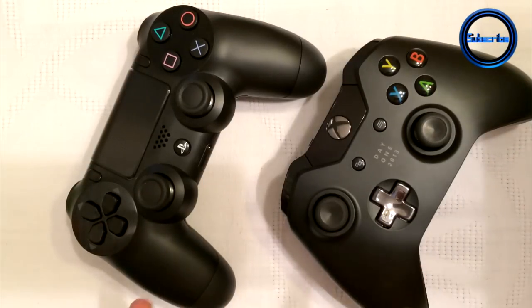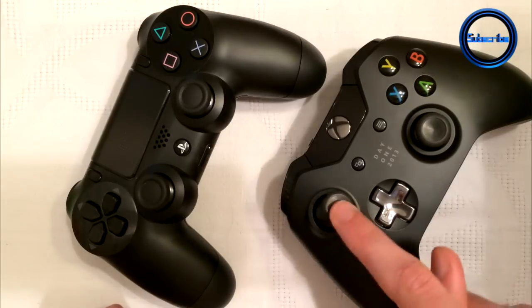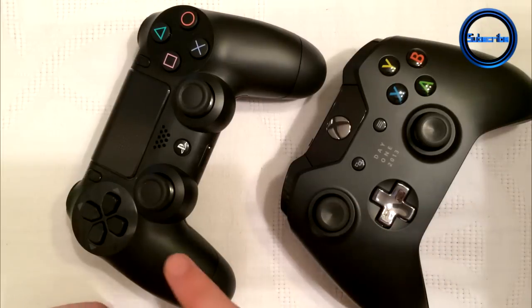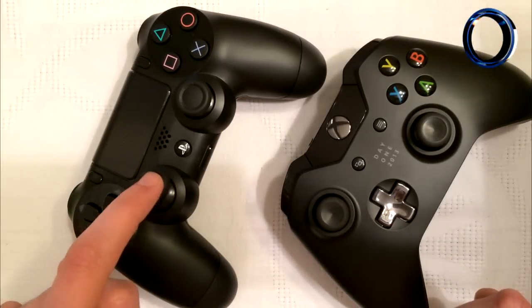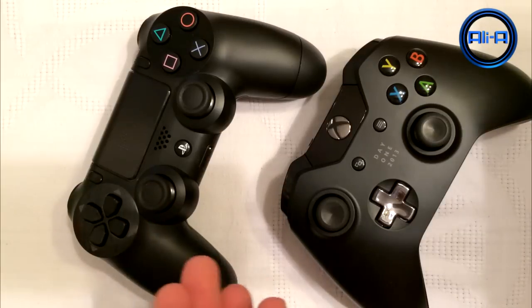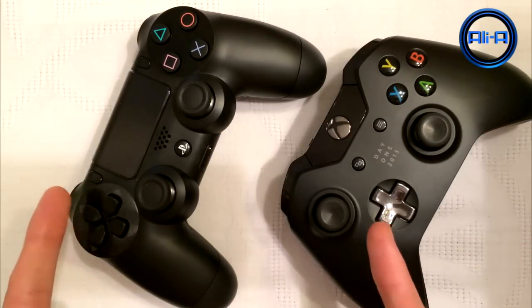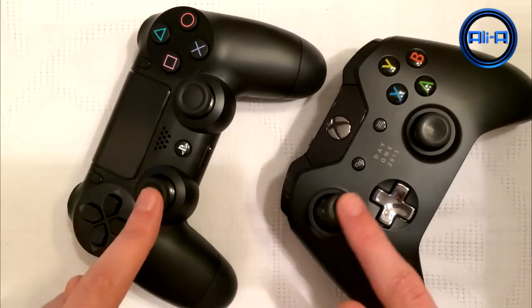However, it's actually been reversed on these controllers. So the Xbox One analog stick is quite loose, not much resistance. You can move it around very, very freely. And the PlayStation 4 controller has a little bit more resistance and is a little bit tougher to move around. Now, this is pretty much up to personal preference. It's interesting how they've both been switched though in terms of how much resistance there is on both the analog